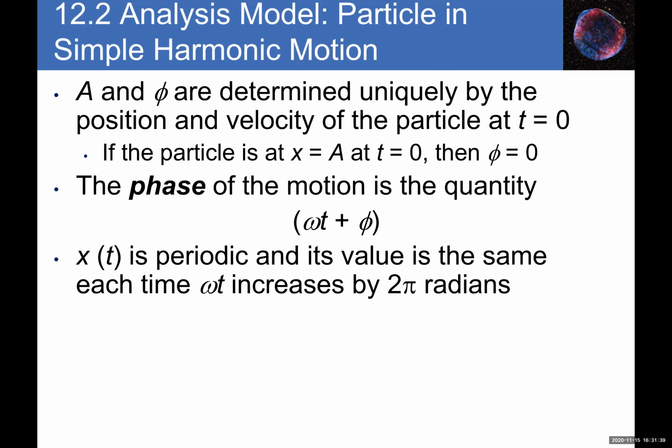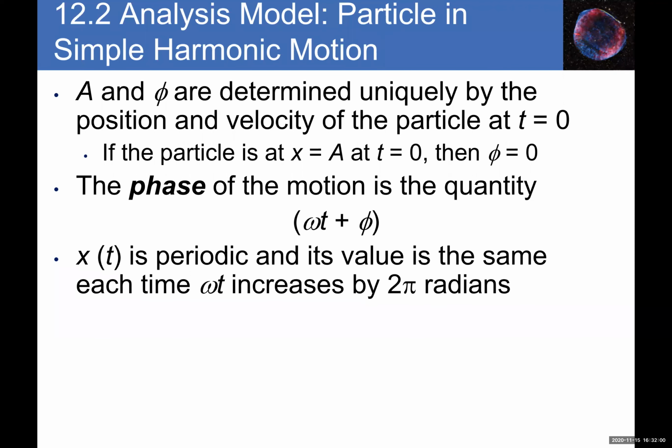So think like this: if the particle is at x equals A at t equals 0, then the phase constant phi is equal to 0. Okay. And the phase of the motion is the quantity omega t plus phi. Okay. x of t is periodic, and its value is the same each time omega t increases by